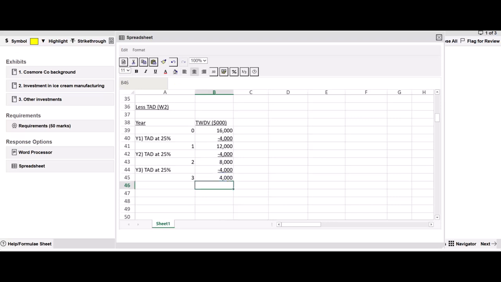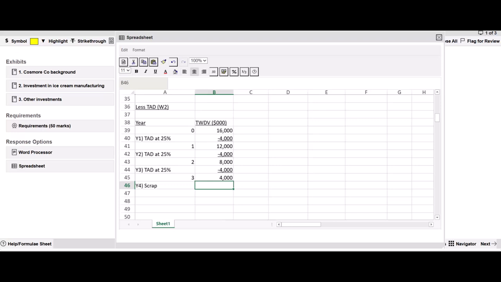Like so. Now, be very careful in that last year, because remember, in the final year, you don't get tax allowable depreciation. You get a balancing allowance or balancing charge. So in year four, the easiest way to do this is to put your scrap value in. So put your residual value, your scrap value in at the end, and then see if we've got an allowance